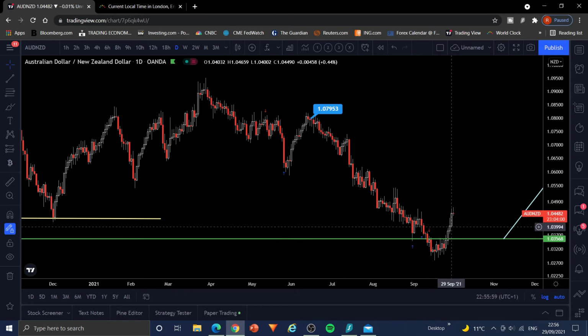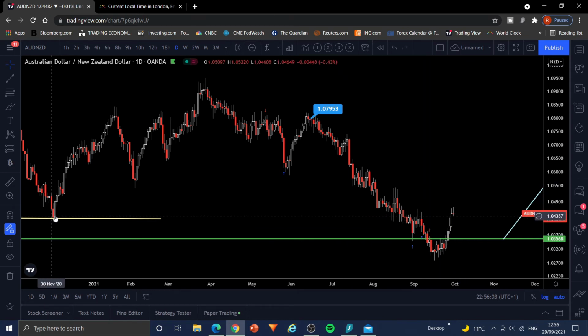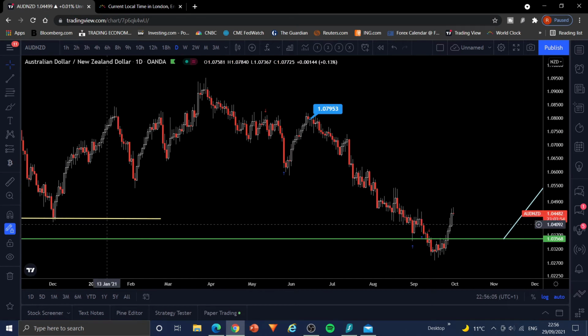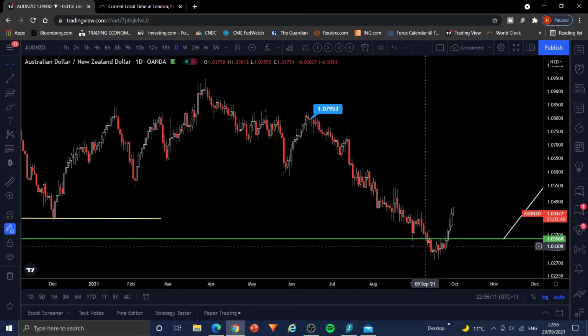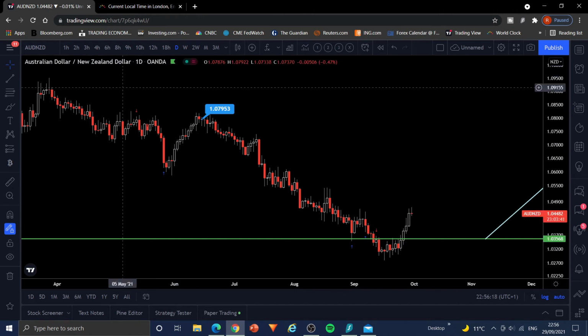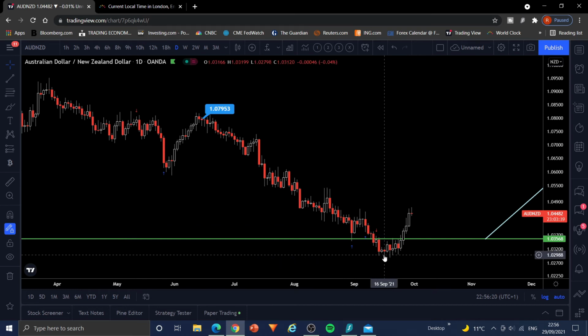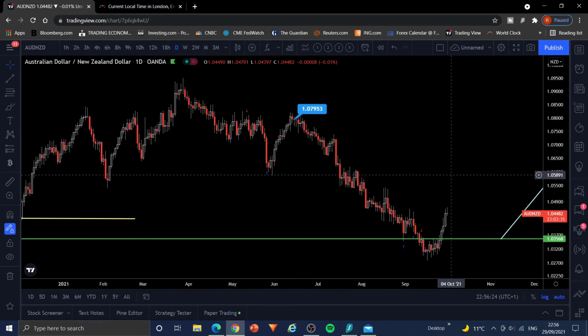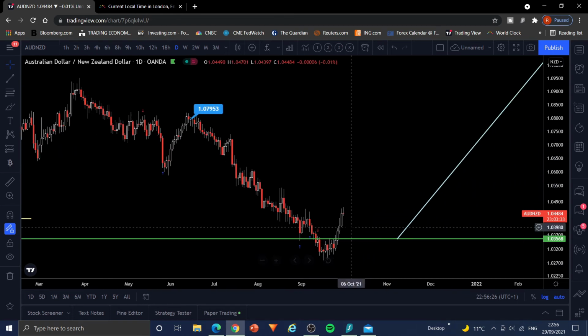this impulsive level isn't unexpected, because I've been looking for something like that since price breached this level here. Okay, since price breached this level, I've been looking for some kind of an impulsive move, and lo and behold, look at what we've got. And not only that, you've got the Australian dollar giving us some very, very bullish news now, aren't they? And it's been backed up in price.